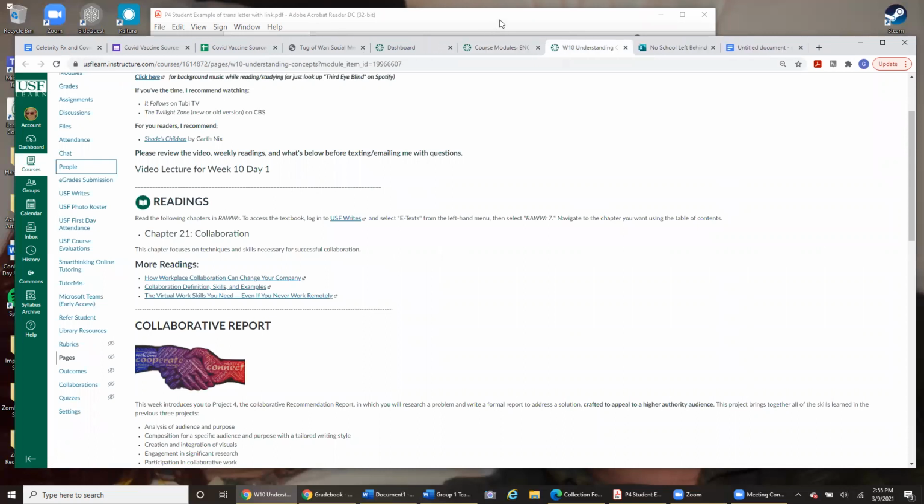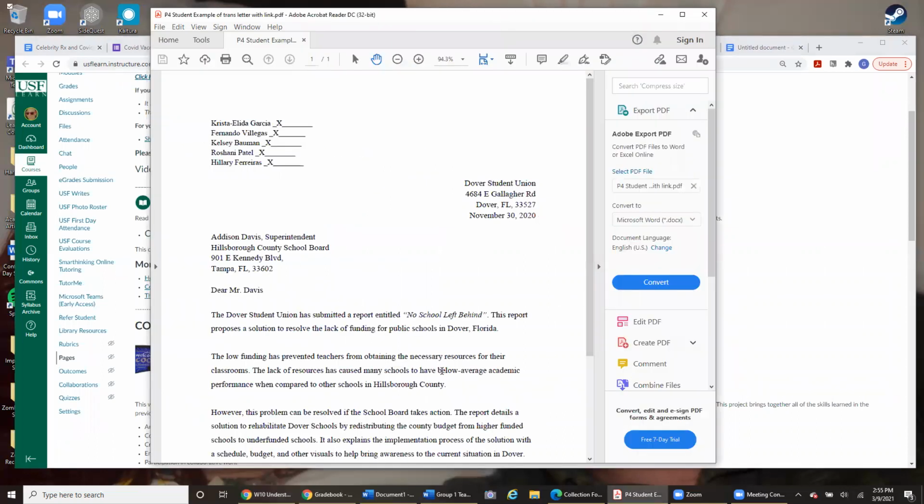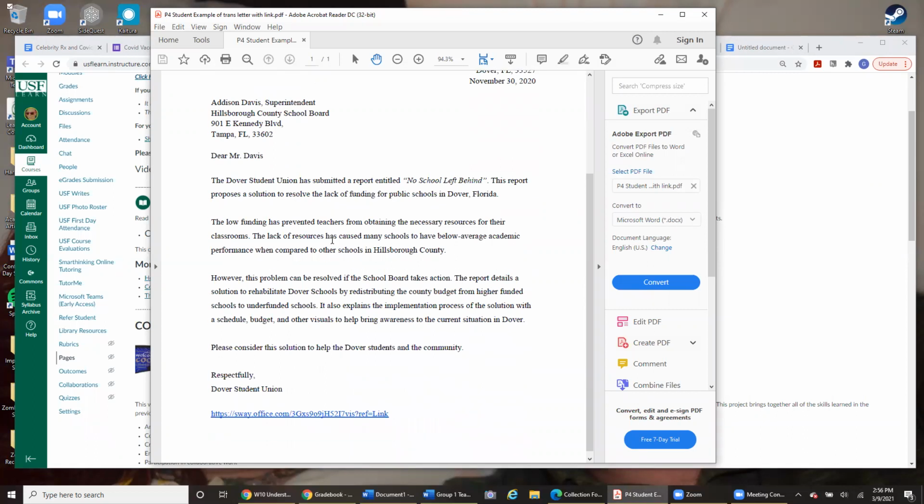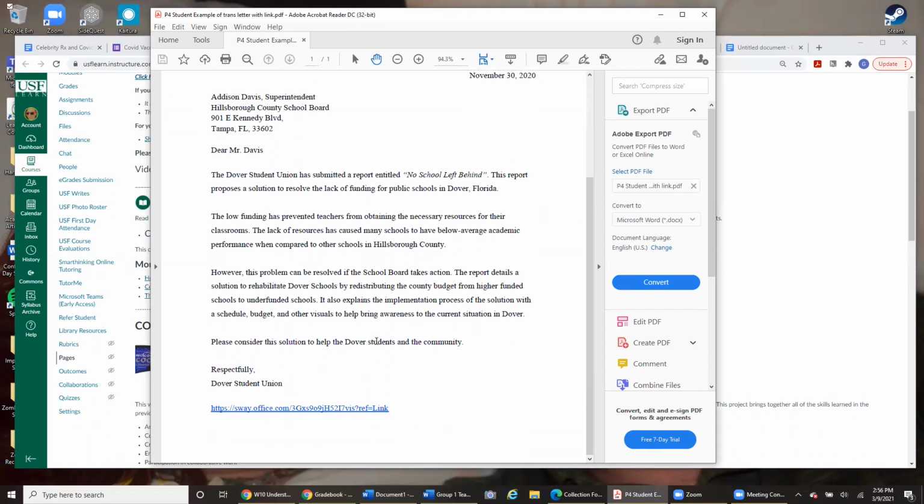So you find your group, you hold weekly meetings, or you collaborate on Google Docs or text or whatever. And eventually you'll get to this. In all group assignments you submit, you will also have a checklist at the top, so I know who contributed. If this was blank, I would know someone didn't contribute, and that's important for me for grading and for plagiarism. So the first part of the report is a business letter in which you're detailing what you're about to present,